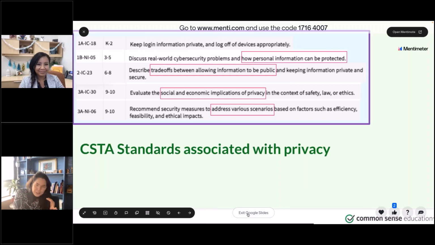It has to be like how personal information is protected, like the trade-offs. This is what I think is fascinating. We have a couple of lessons about big data that are within the Common Sense lessons. And it's about the trade-offs between allowing that data to be collected from the apps, and the convenience that it allows us as users. Because I love it when my phone remembers my password or remembers who I am, and then I don't have to put it in again, right?